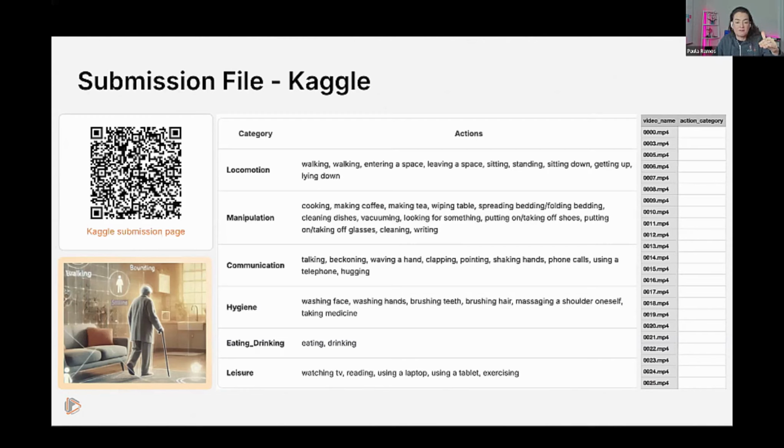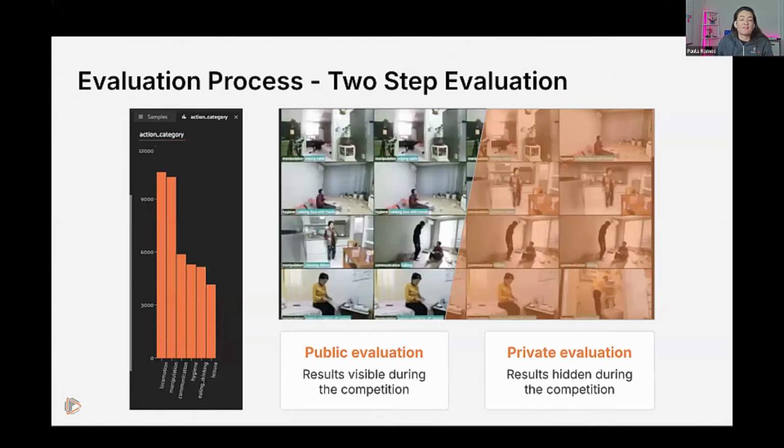We were talking about categories and superclasses. We will have these categories: locomotion, manipulation, communication, and all. So what do you need to do? You need to submit the results file in CSV format. Remember that you need to use superclasses in lowercase. We have created a data set without superclasses, and using the trained model, you will predict the superclasses and submit the CSV file to the Kaggle platform. Part of the data set will be publicly evaluated during the challenge, and part will be privately evaluated. The private results will be released 5 days after the challenge deadline.